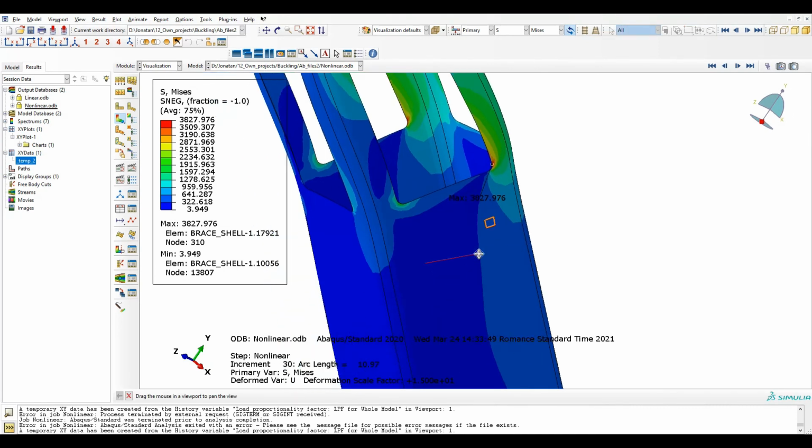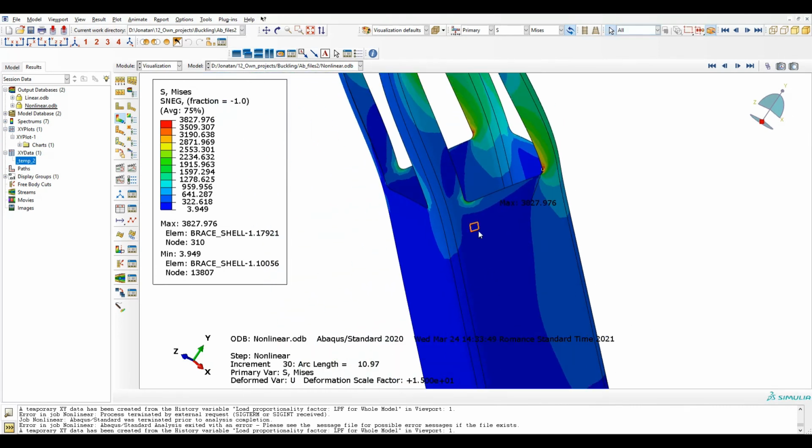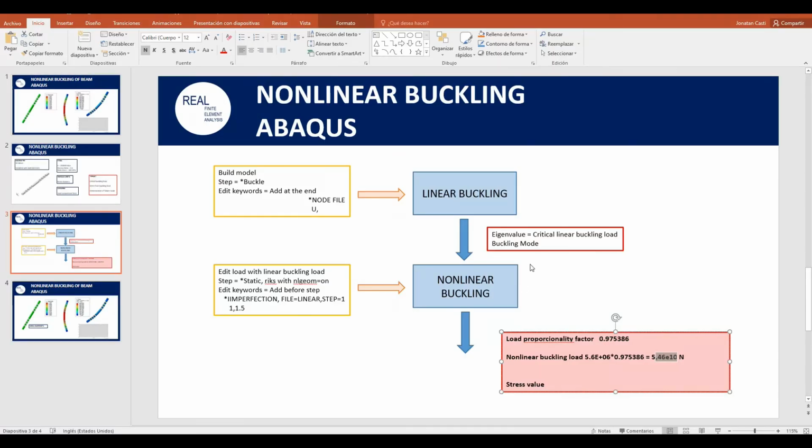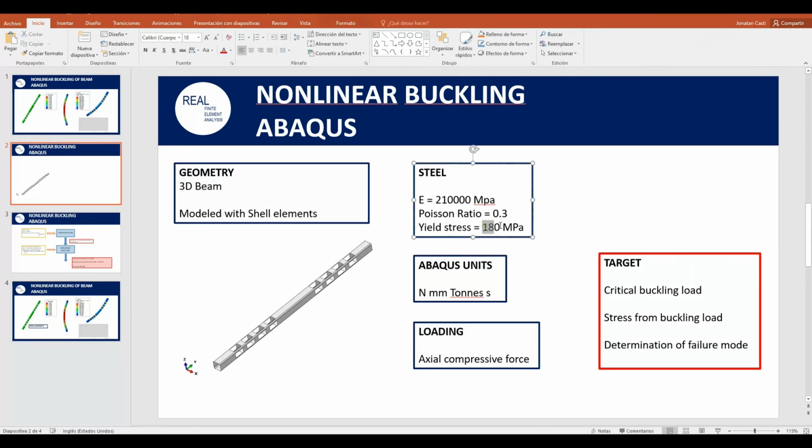It's very high, far higher than the yield stress. So the stress value is, well, is megapascals, and this stress value is much higher than the yield stress.